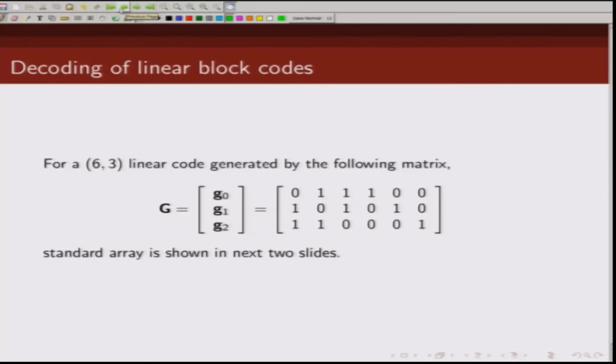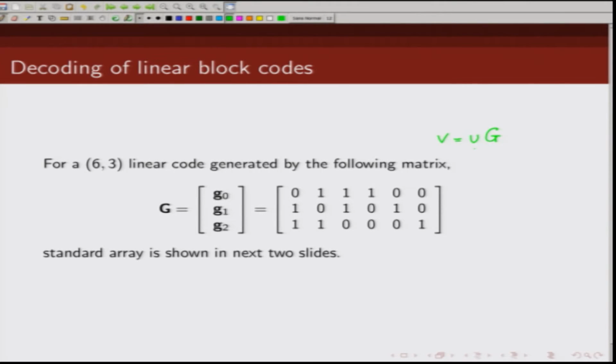Now, you have already been given the generator matrix for this code. So, you can find out what are the possible code words. You just have to do V is nothing but U times G. So, there are total 8 code words,